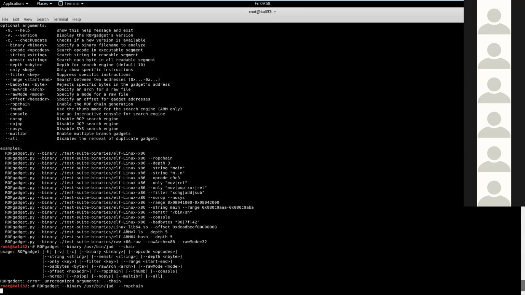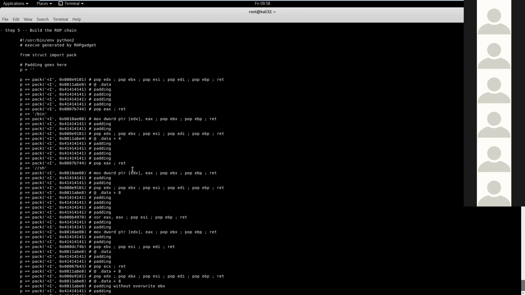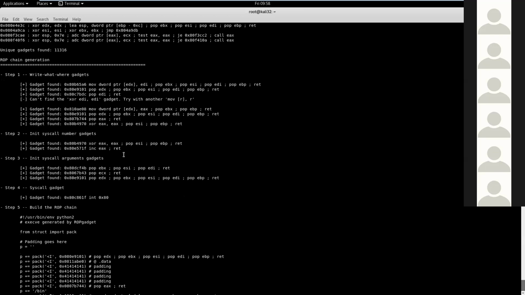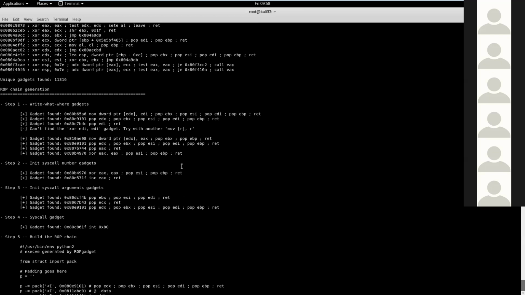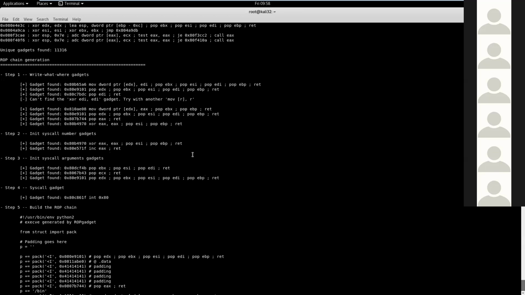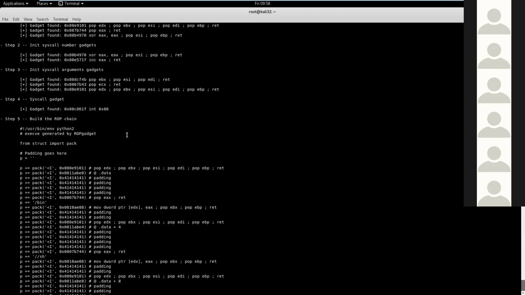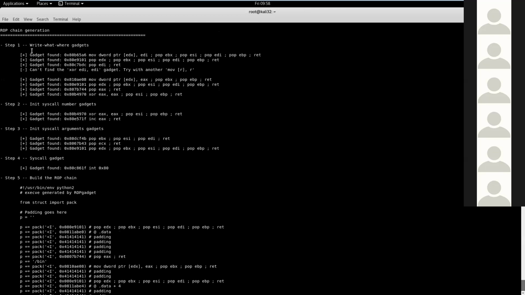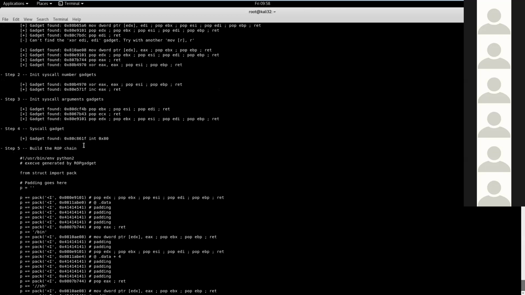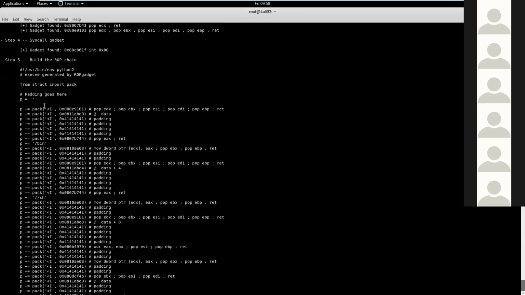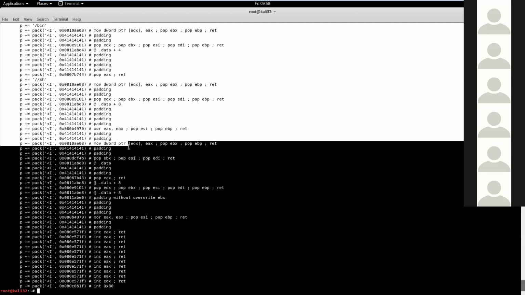It's going to take a while, and then it's going to create it for us. Sometimes this doesn't work, and you have to do it manually. But it tells us how it created the rope chain, and then we have it here. Basically,